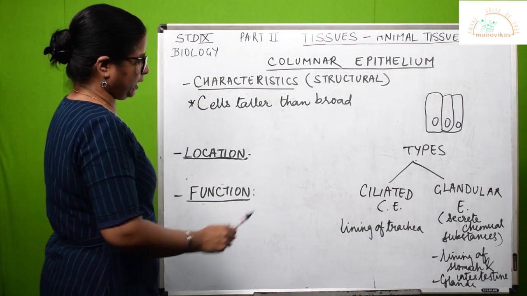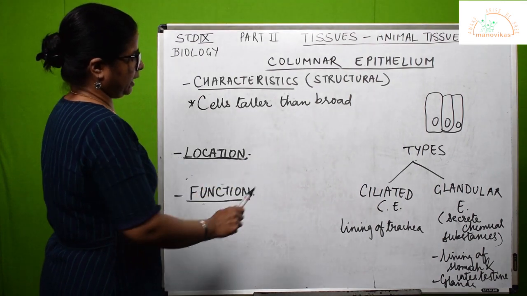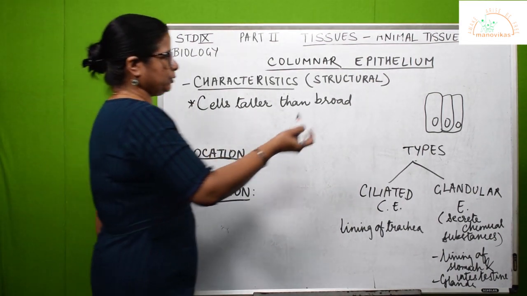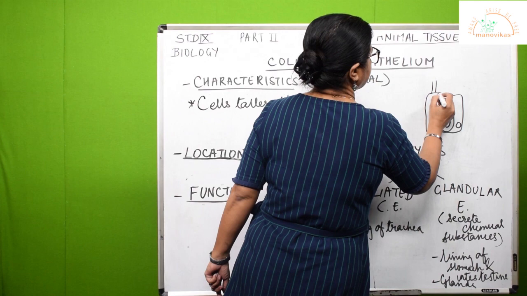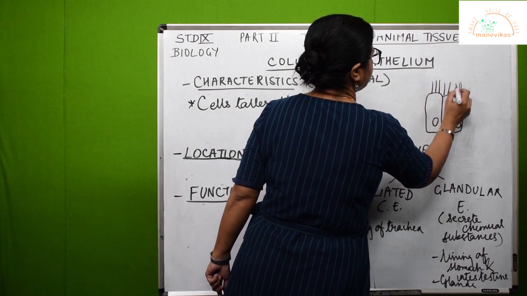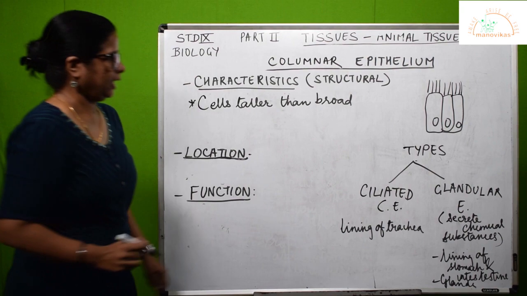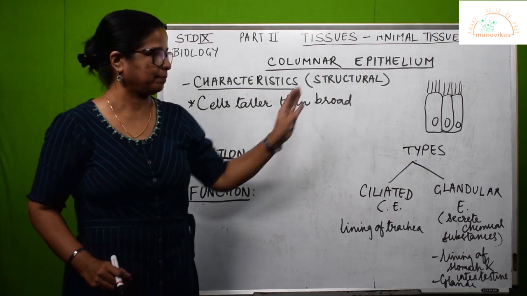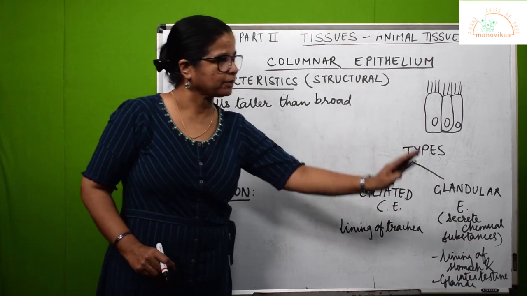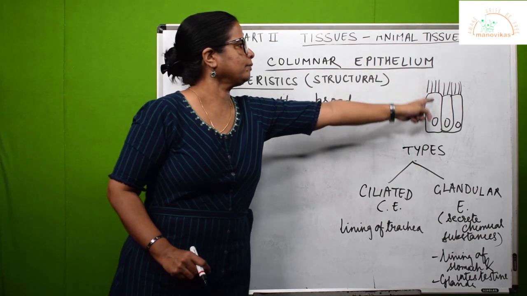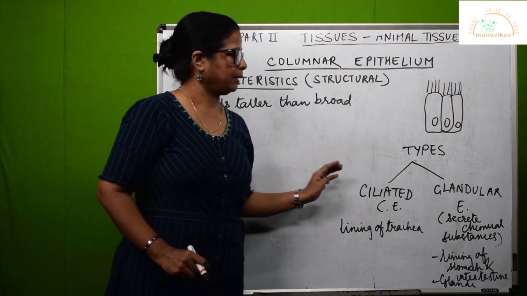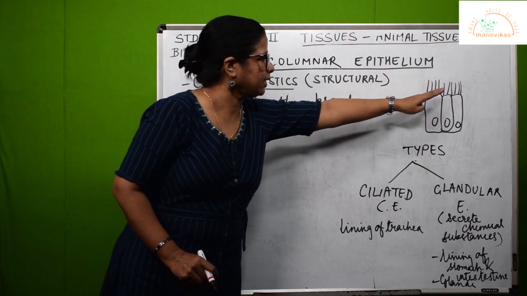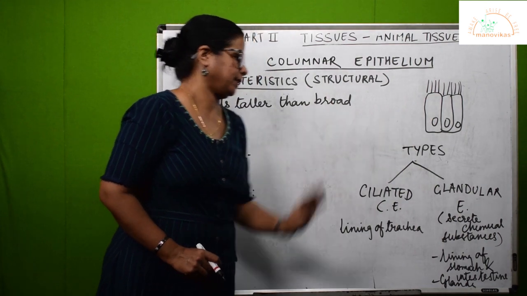Now, what could be the location of the ciliated type? The lining of the trachea. Here you see, they have cytoplasmic projections like this. These are the cilia. And what does the cytoplasmic projection do? It helps to move something. Wherever we require movement of something in a certain direction, these cytoplasmic projections move in a kind of wave and allow anything to move. So you should relate it with moving or transporting something.